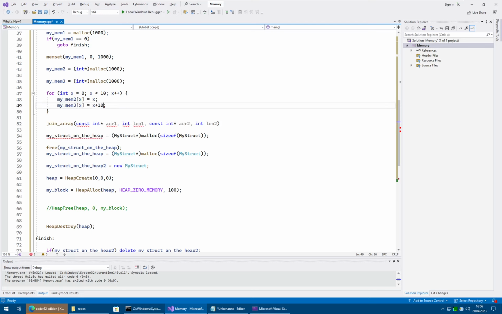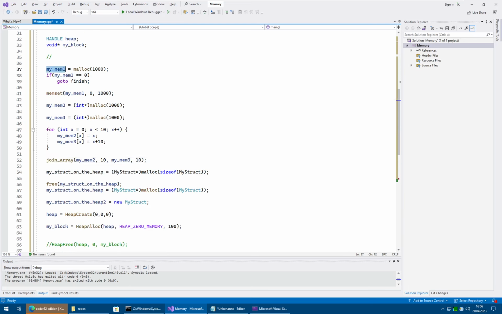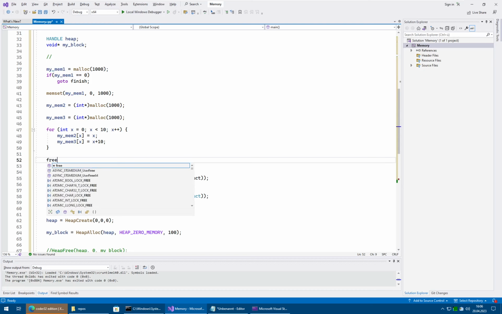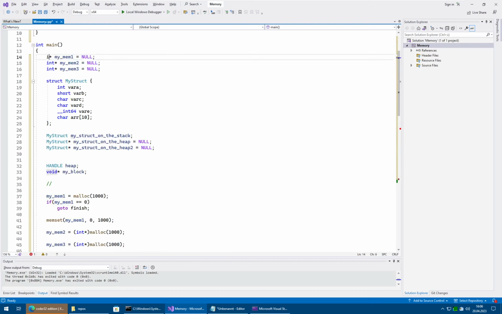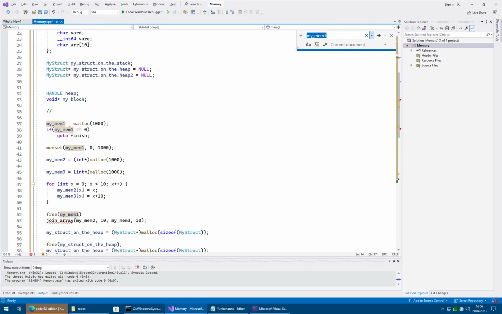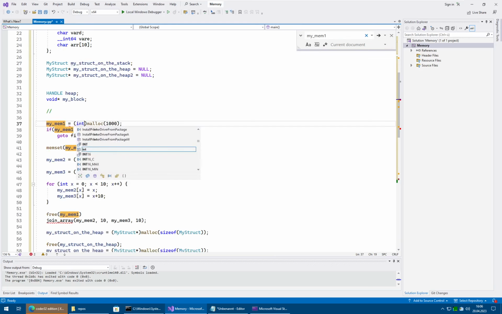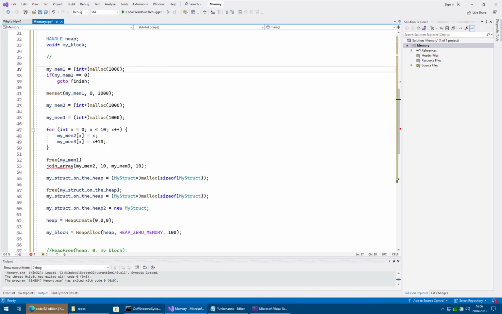Okay, so we have our function. We specify mem1 as 1, that the count is 10. Then the same thing with mem3. Mem3, and let's reuse mem1. Okay, mem1 is also a void, so we need to change this to int. Int mem1, and here mem1 equals